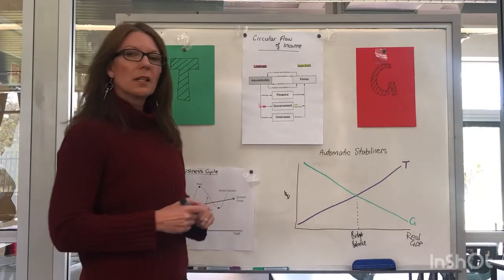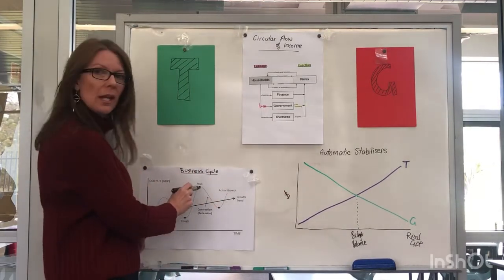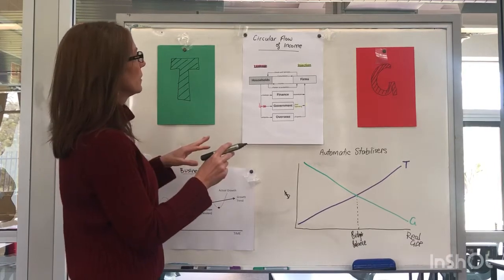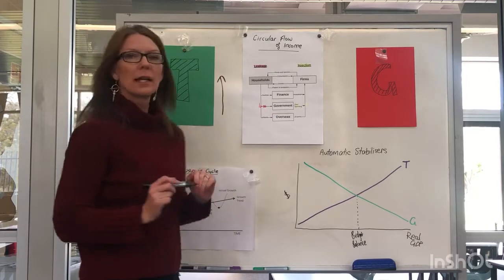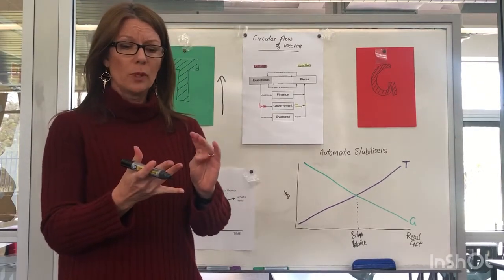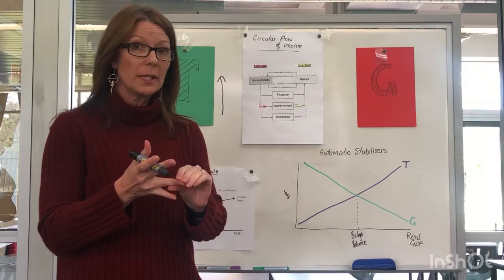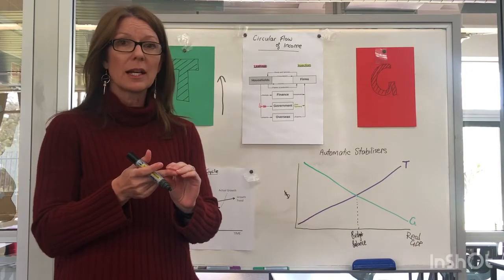So when we think about if we're in a peak, okay, so if we're in this peak up here, tax revenue would increase. Okay, so because more people are employed, so we've got personal income tax, we've got businesses making profits, so there's company tax, we've got more people spending money, so there's things like GST, okay,